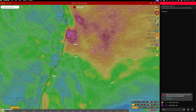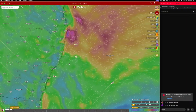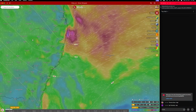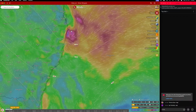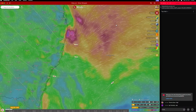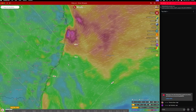You can see here the trough starting to push down. You can see the isobars, the bend in the elbow and the isobars indicating the trough pushing south and amplifying. And you can see that slowly sort of pushing through us and then curving back in as it feeds into that inland system up off in inland Queensland, which is starting to move off the coast, which is also what will trigger, you can see those easterlies starting to bend into northeasterlies and starting to increase in intensity,